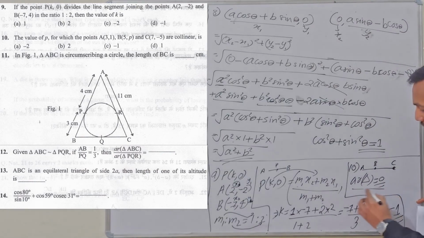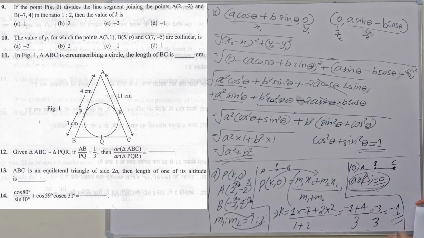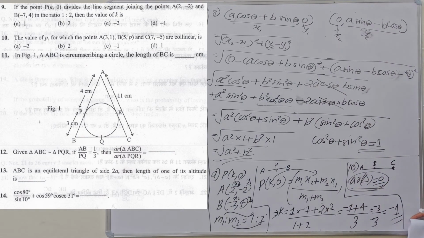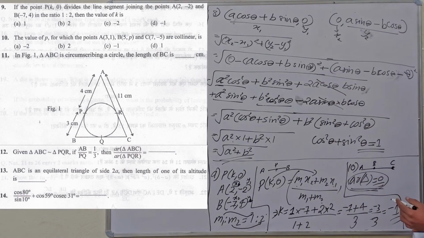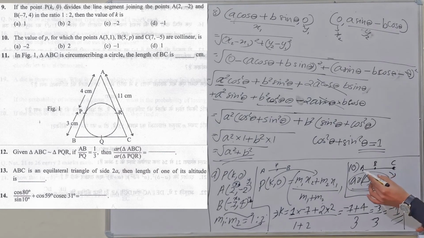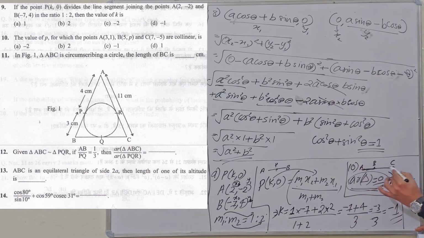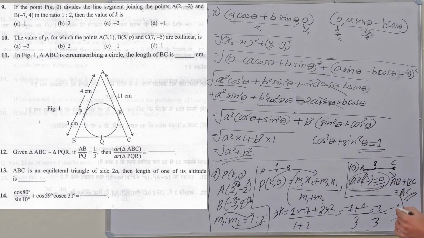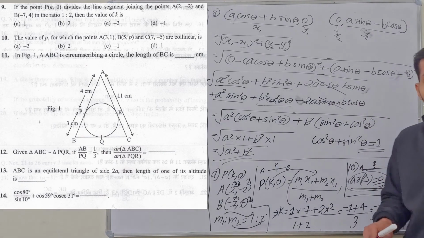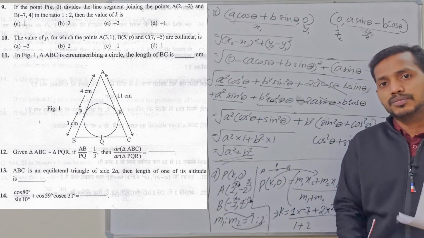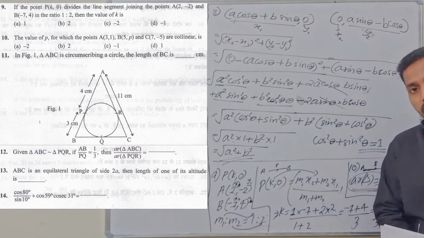But for this academic year, this topic is deleted from your syllabus, so I am not going to discuss this one. If anybody is interested, you can solve it yourself. And one more concept we can use is that if they are collinear, AB plus BC, the sum of these two line segments, should be equal to the whole, that is AC. But if you solve it this way, it will be a very lengthy question. So this type of question is not going to be asked in the 1 mark section. So we are leaving that one.